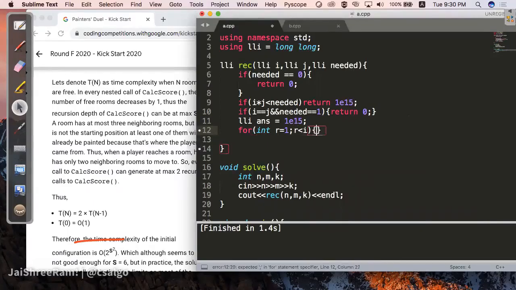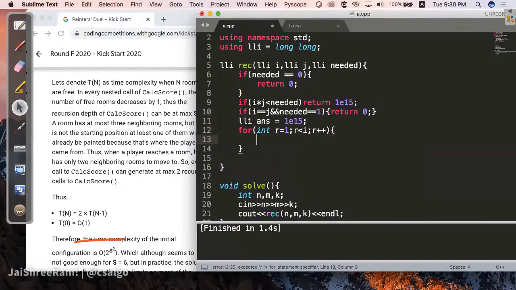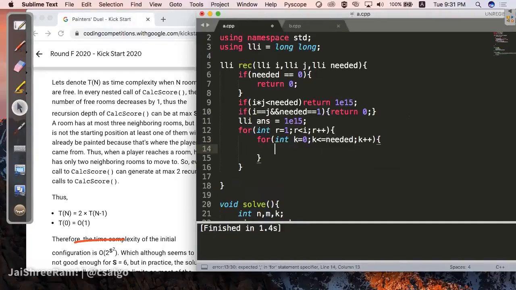Okay, so this is like a quick brute force. We will also brute force on how many k's, like where all the needed pieces will get split. So int k equal to 0, k less than or equal to needed, k plus plus, and then we will just take answer equal to min of answer comma recursion into i into row number of things, column remains the same, k number of things, plus rec of